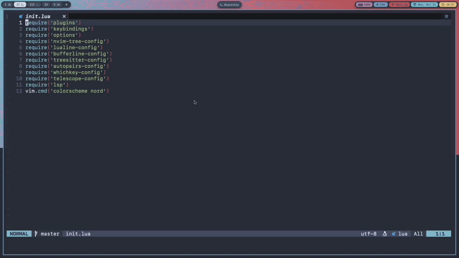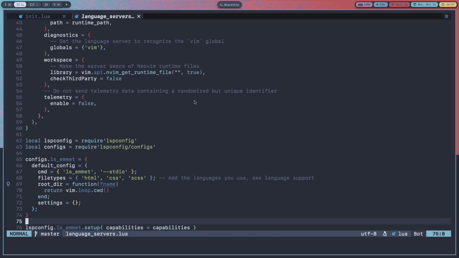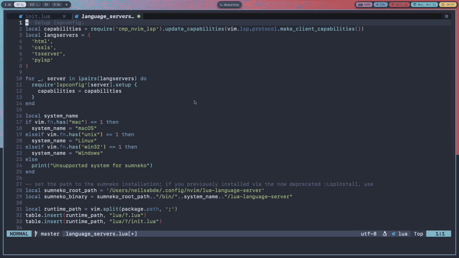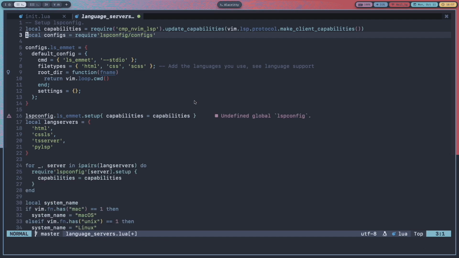We can also do that for emmet_ls. So let's do language servers, and here let's copy this part and then let's just paste it here for now and remove this lspconfig.